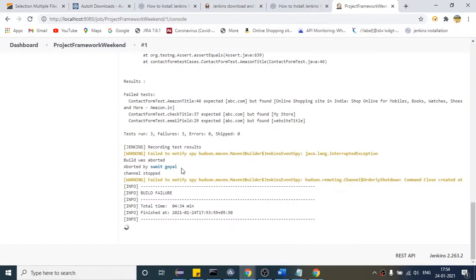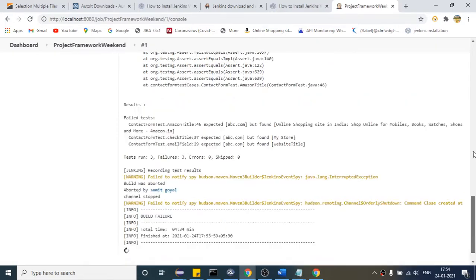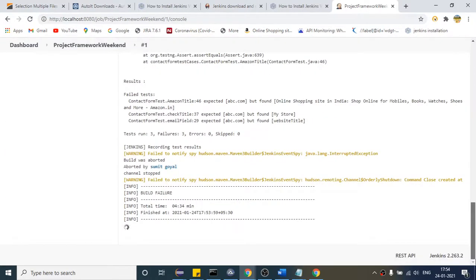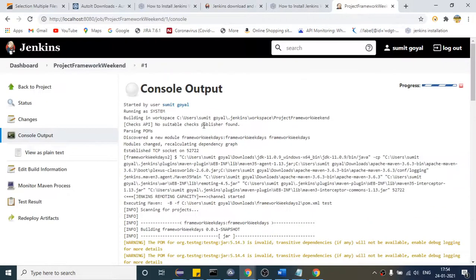Okay, so it is saying I have aborted the test case, so it is now failed. But it is still doing some processing. So let me run it again till then.